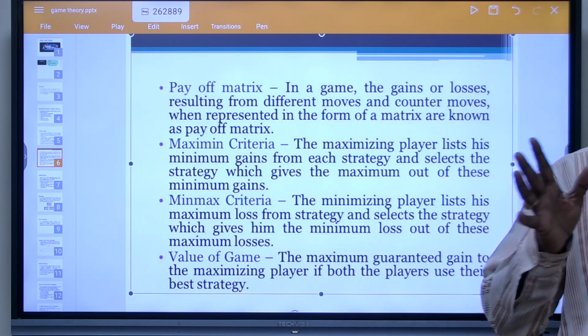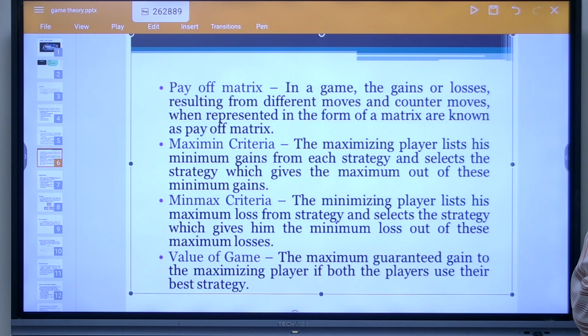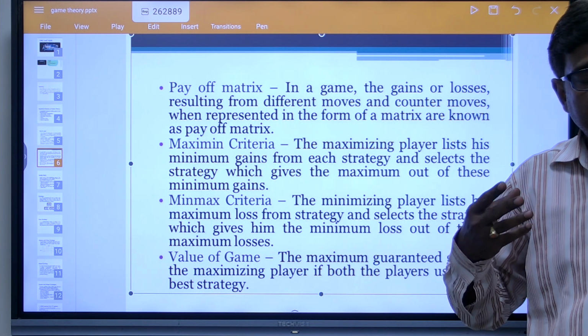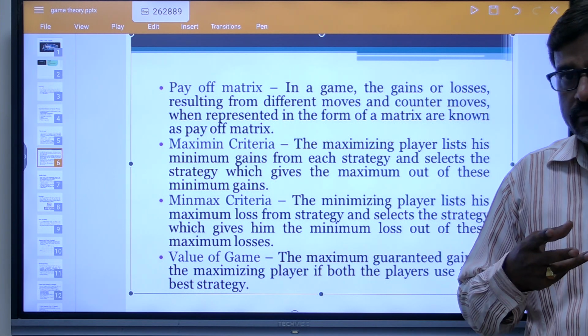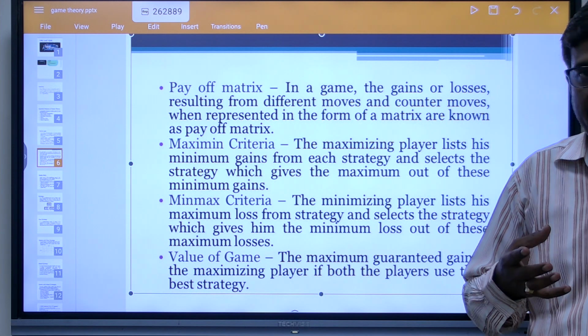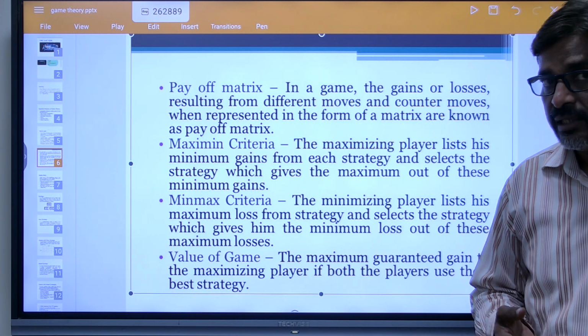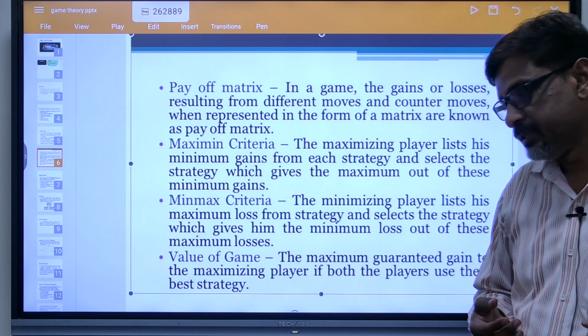The profit-making person who tries to maximize, what kind of thing do we try to maximize, the losses or the profit? Definitely we should maximize the profit, not the losses. Okay.